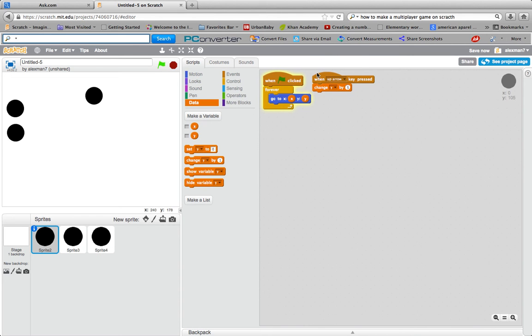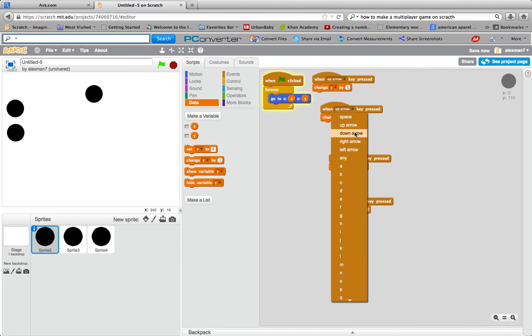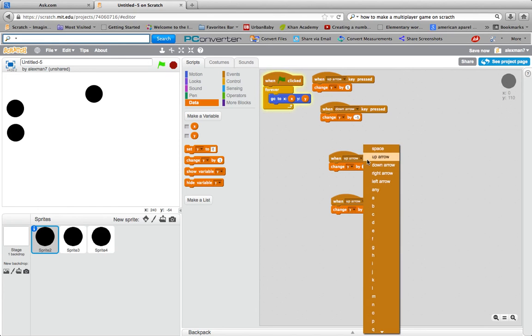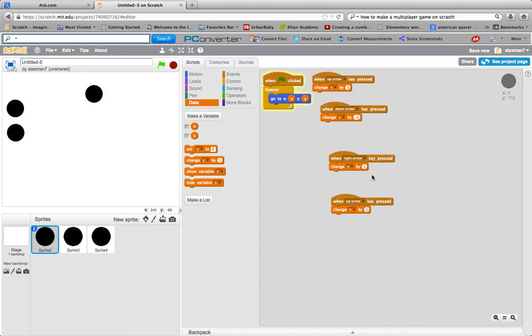So I can just duplicate this 4 times, because it's technically the same script with just a few changes. Oops. Duplicate. I wish there was like a button where you said how many times you wanted to duplicate it. That would make it way easier. So now we'll do down, negative, right, X,